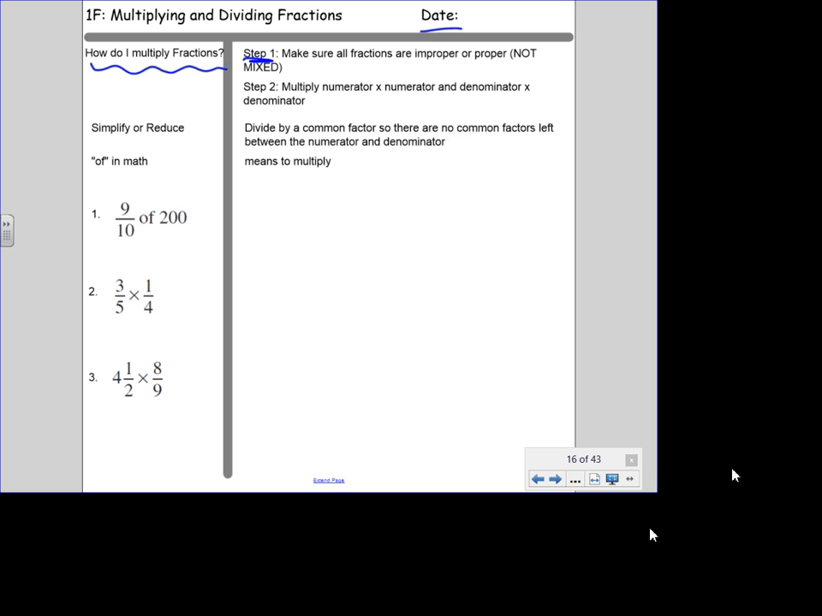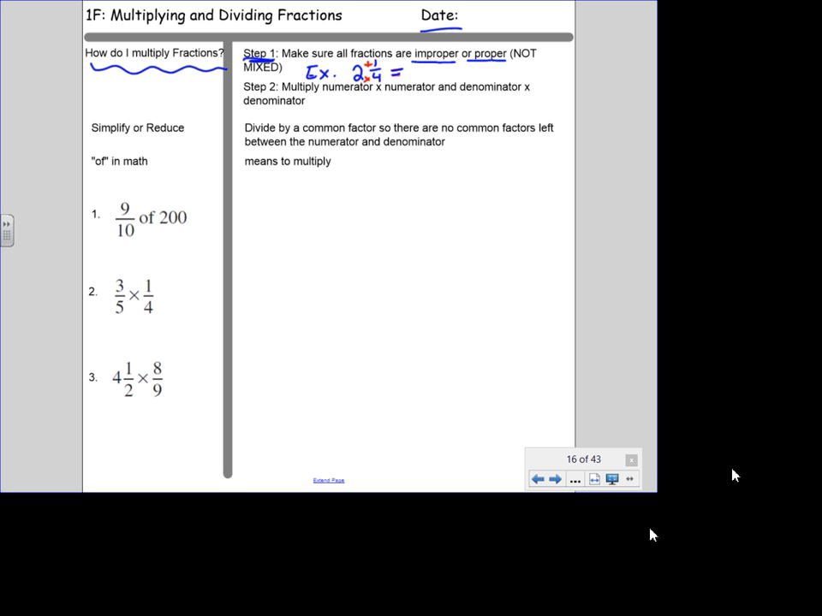One is always make sure that all fractions are improper or proper, but they cannot be mixed. So as soon as you have a question that has a mixed number, we need to change it to improper or proper. So for example, if you're given 2 1/4 in your question, we have to remember that we need to multiply the 4 times 2 to figure out how many fourths we really have, and then we add on that one extra fourth that's our numerator. So 4 times 2 is 8, 8 plus 1, so that is equivalent